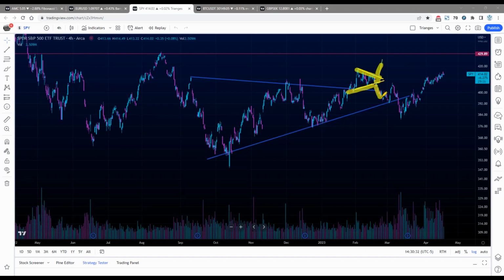There's all kinds of rules. There's all kinds of interpretations that when you have an ascending triangle or symmetrical triangle and price moves into the apex, it should be a continuation pattern. You can do this and do that. Forget it. All we need to look for is the breakout, because we have no idea what price is doing until it breaks out.